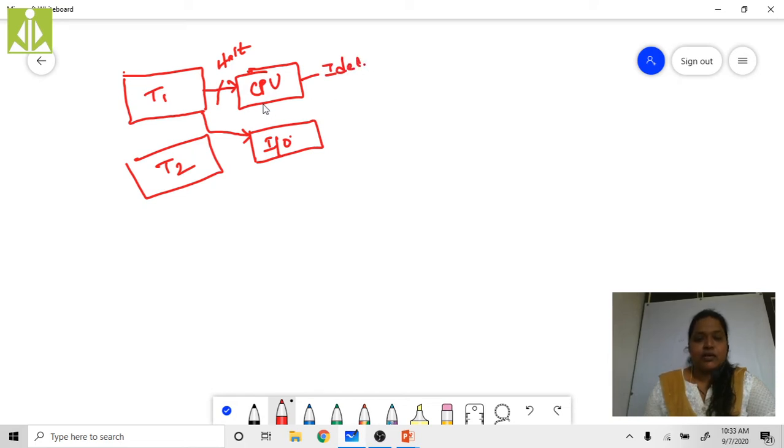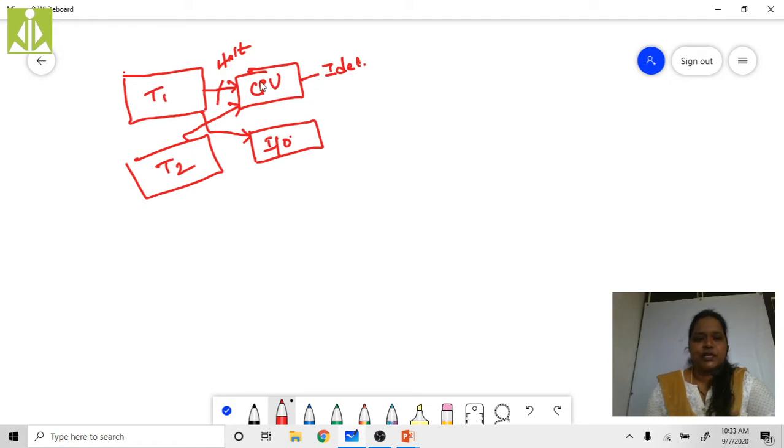So what do we have to do? We shouldn't make our CPU be in idle state. We have to make the CPU as busy as possible. So at that time, the operating system is going to allocate task T2 to the CPU. So now the CPU is in busy state.